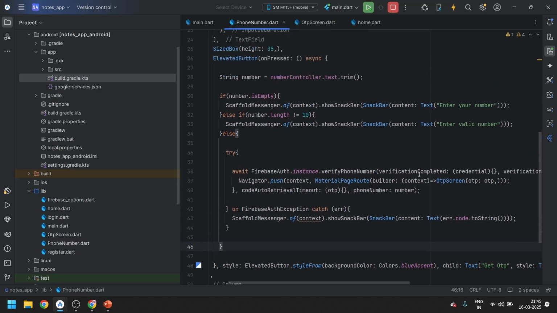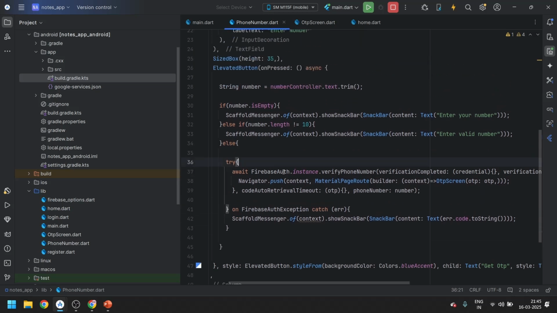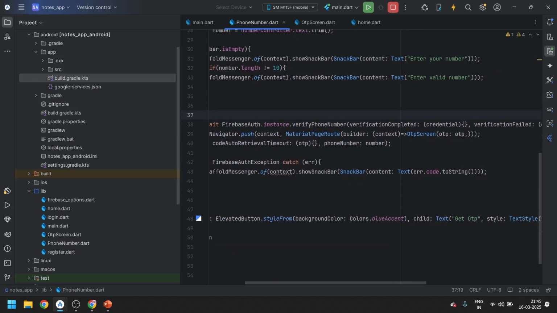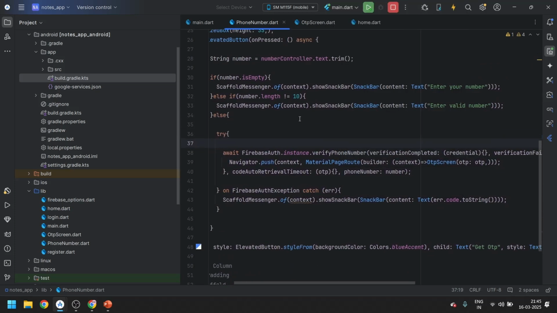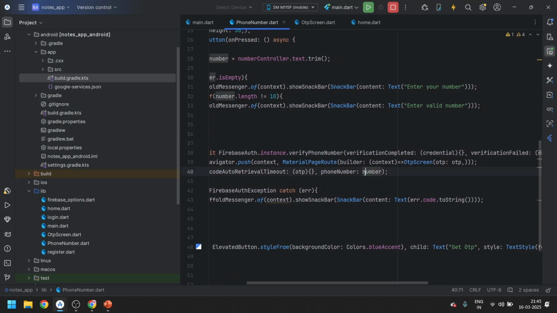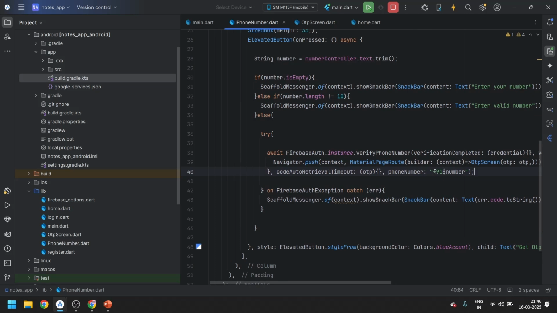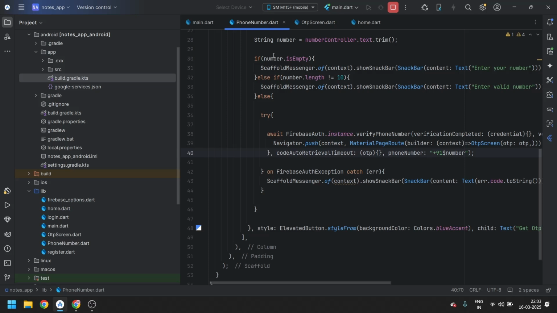Whenever we do this, we have to add a country code also. So either we can ask the country code from the user, or we can just go over here, convert this into this, and write +91 and the dollar sign. Using this, it will automatically convert. But as I used 91, this OTP system is only valid for Indians. So let's just save it. So we successfully ran it. It took a hot restart.